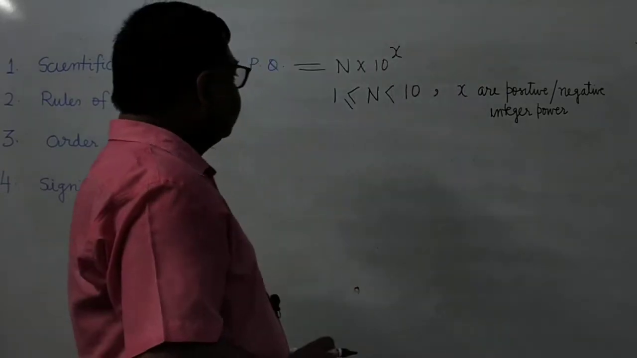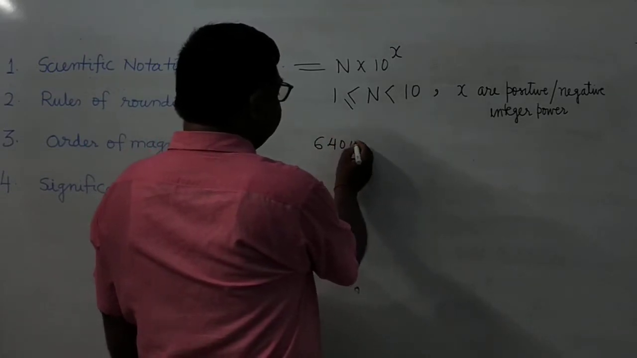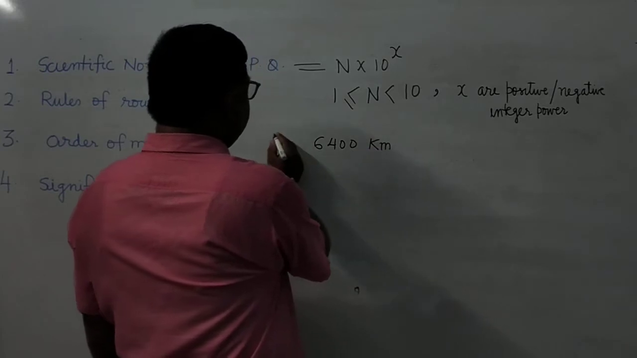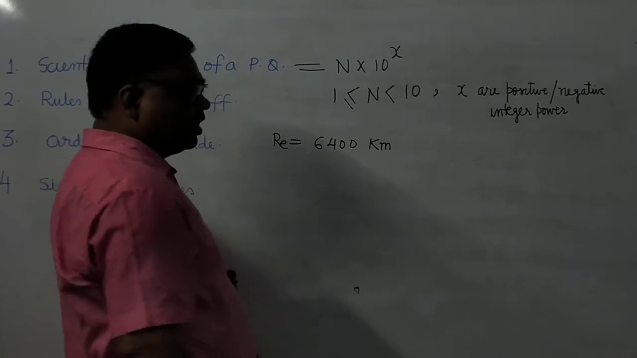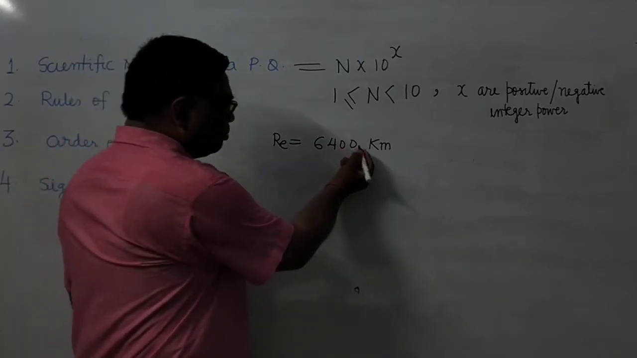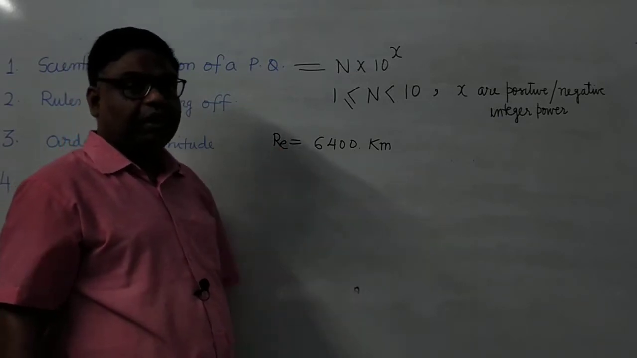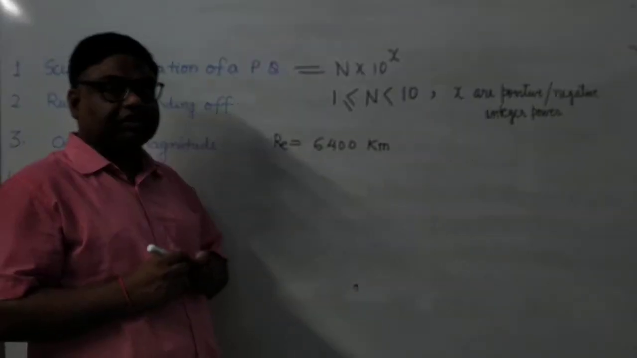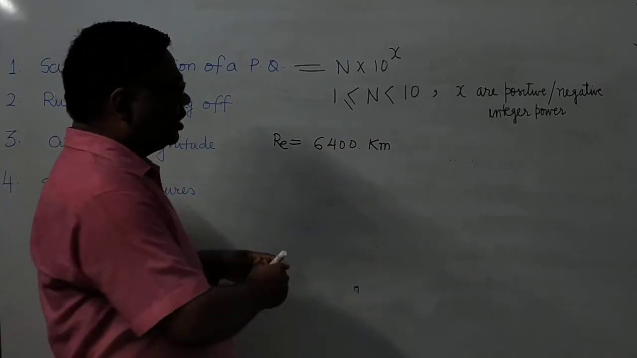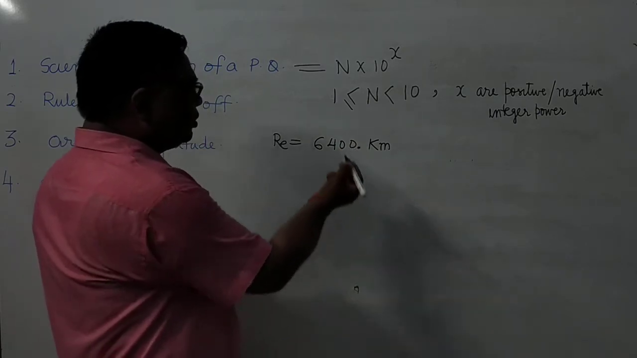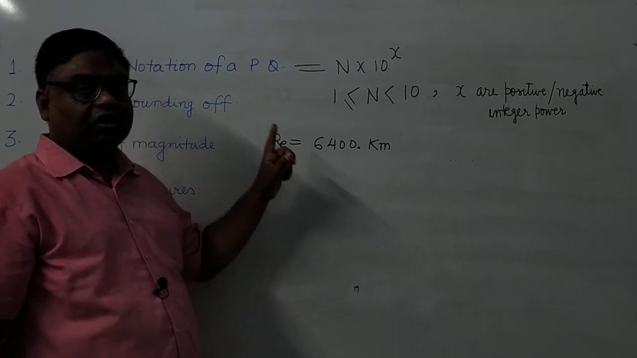Now see here, suppose it is given Earth's radius is 6400 kilometer. How will you write the same thing in the scientific notation? So in scientific notation, here there is no decimal point. It means the decimal point will be just after the unit place. If there is no decimal point, then the decimal point is supposed to be just after the unit place. So unit place is this, just after that it will be here. Now you shift it in this side till there is only one non-zero digit before the